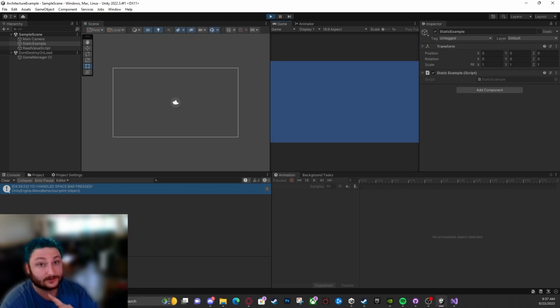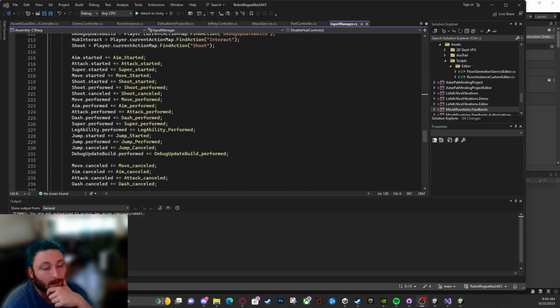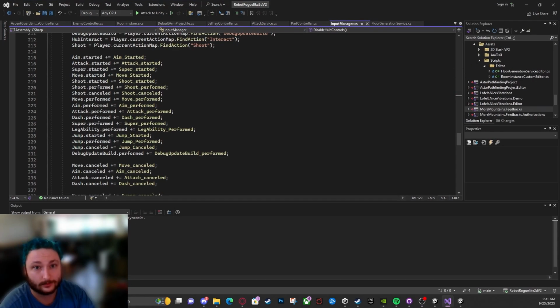Now, I'm going to pause the recording for a second, so you're going to see a little, probably, while I open up a project where this is done at a much grander scale. So, a better, a larger example of this, and this is using the new input system, as an example, but I just want to get the point across that you don't necessarily always do this in start and in enable, right? So, if you've been in one of my classes before, you've heard this example of the new input system